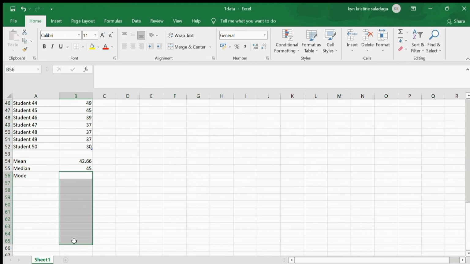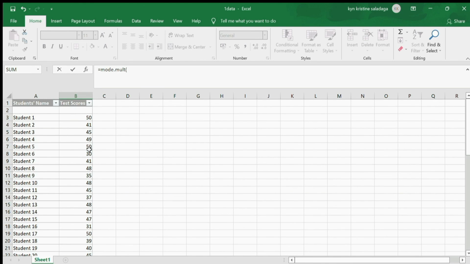After we select the cells, we should type the function again, which is equal sign, MODE.MULT, and open parenthesis, and select the given data.